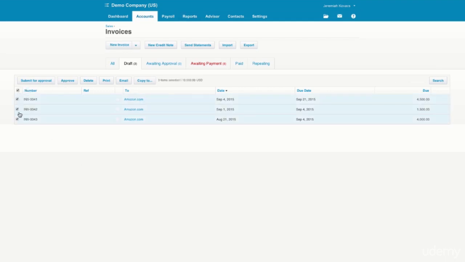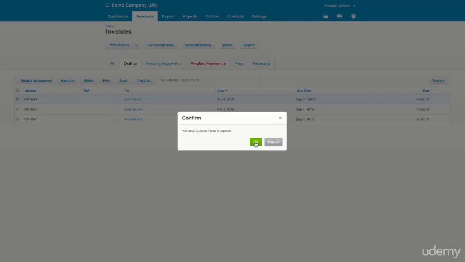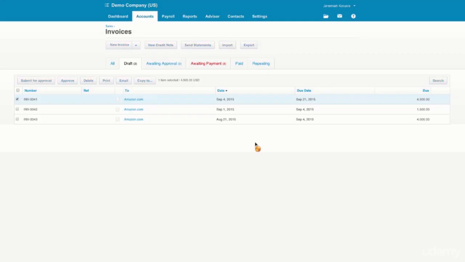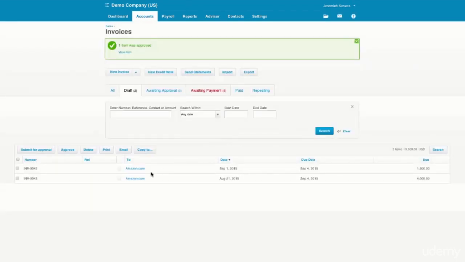We're going to go ahead and highlight these 3 invoices. Actually, I'm going to just highlight one. And so the first step is to approve the invoices, and to do that you just click the link next to the invoice and then you click approve, and then we'll confirm by clicking OK. And once we do that, our drafts go from 3 to 2 and our awaiting payments go from 8 to 9. And so the next step is to click approve again for the other invoices,